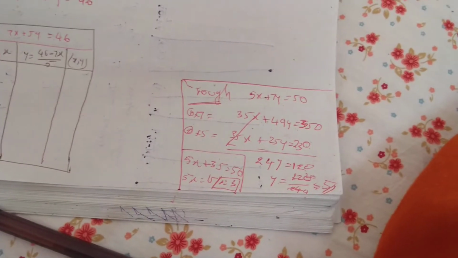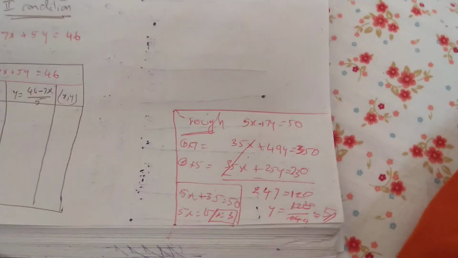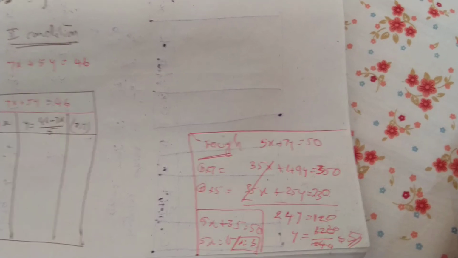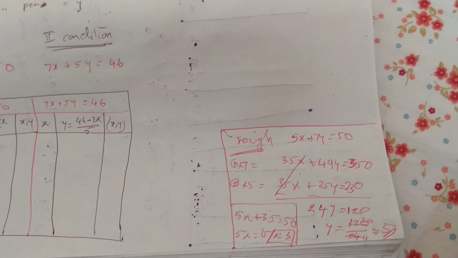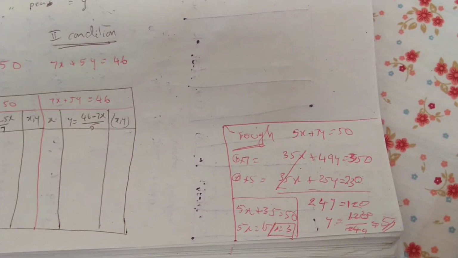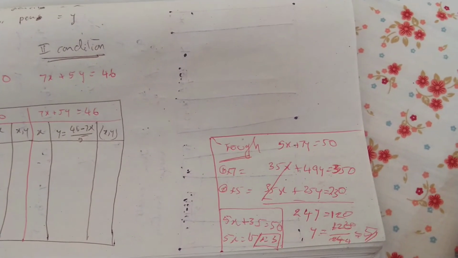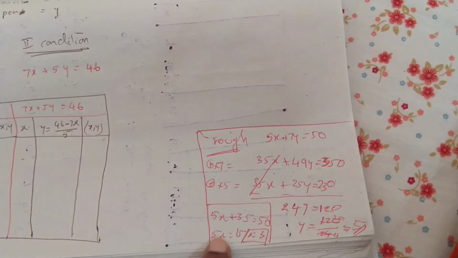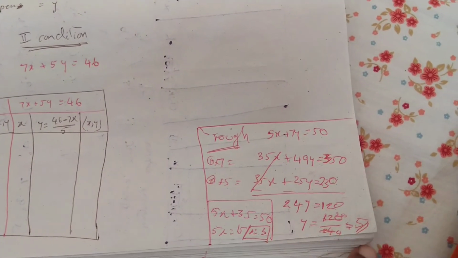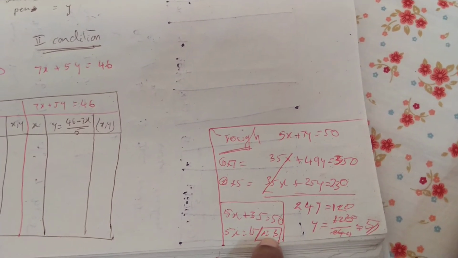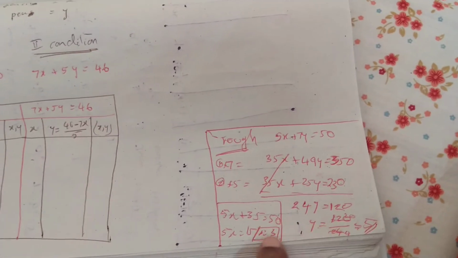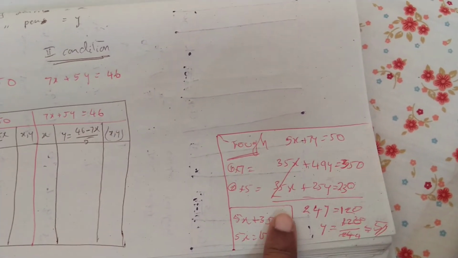But when two equations are given and you have to show differences, plot the graph also. Suppose if you have to plot the graph also, we need different values of x and y so that we can plot the graph for both the equations, right? So thus, what is the best method? Do a rough work like this and find out the x and y values, absolute x value at least, so that you will be getting a corresponding y value. So this is the solution. This is a unique solution for these two equations, right?